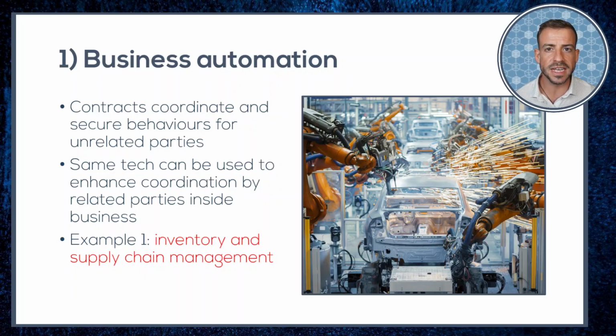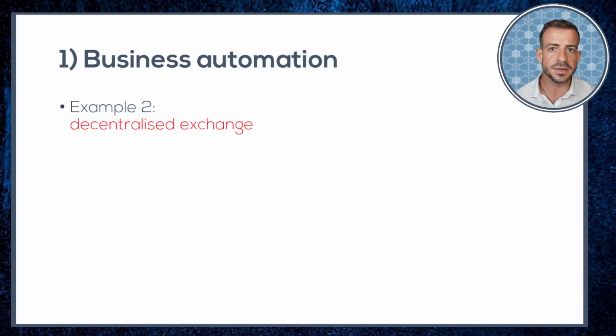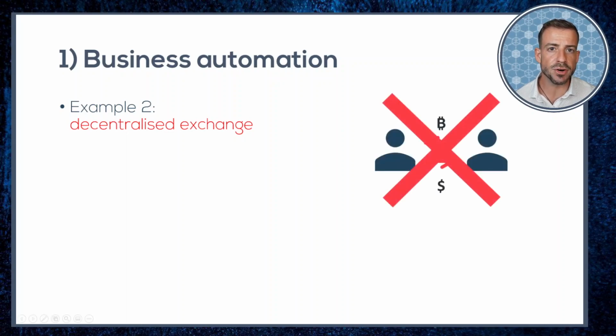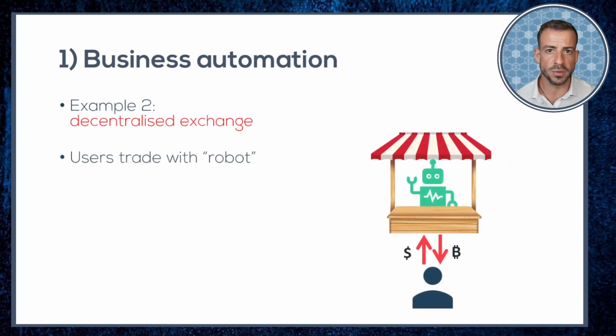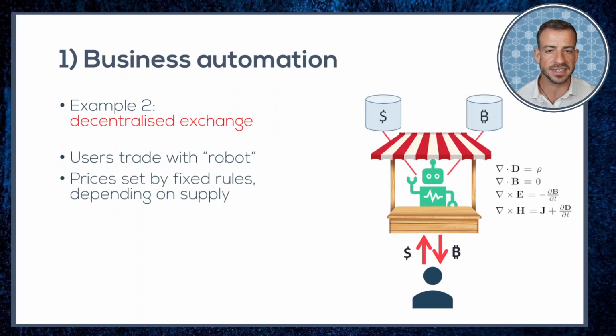Process automation can even go as far as creating complex services that are almost entirely free of human administrators. Consider the example of a decentralized exchange. In these exchanges, people never directly trade with each other. Instead, they trade with a robot which is always available and ready to offer exchange at a price that it quotes. That price quote is determined by a set of fully transparent rules that depend on the amount the user wishes to exchange and the quantities of tokens that the robot holds for each token pair offered in that exchange.